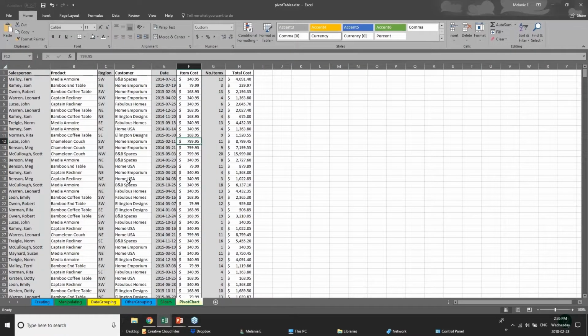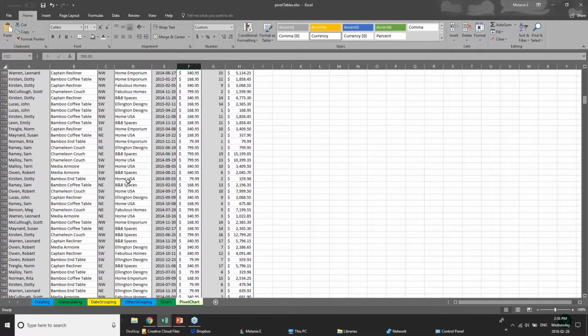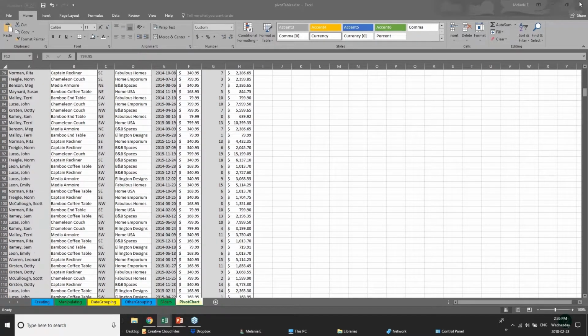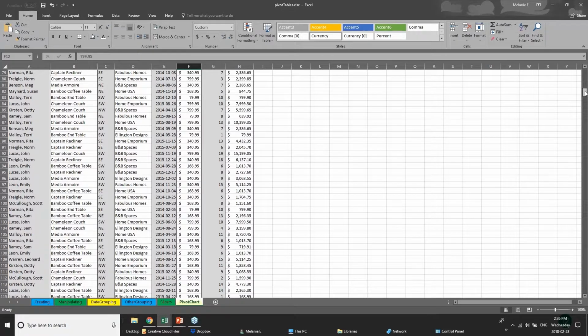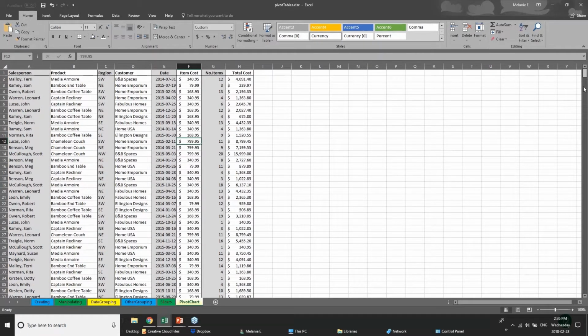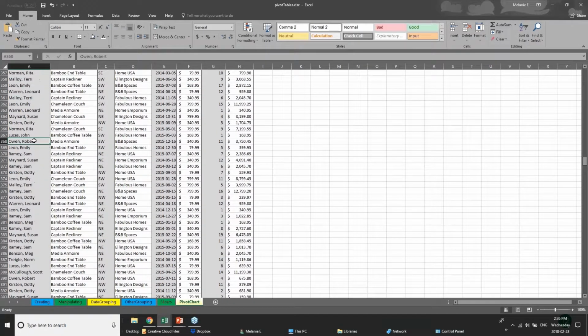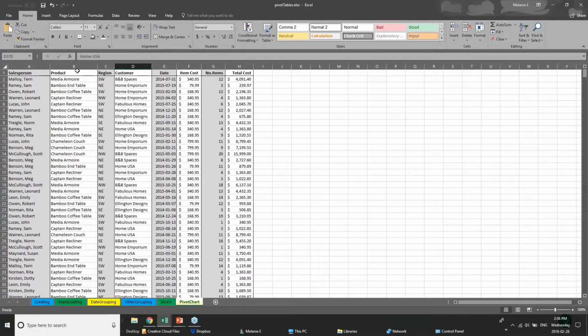So here's my gigantico list of data. And again, I could scroll through and try to get to the bottom of the info. Maybe if I get down here, I'm like, oh, I forgot, what's this column for? I can't remember. I have to keep going back to the top and finding out what the titles are for these particular columns. So I can actually freeze that row and say, don't move that row,